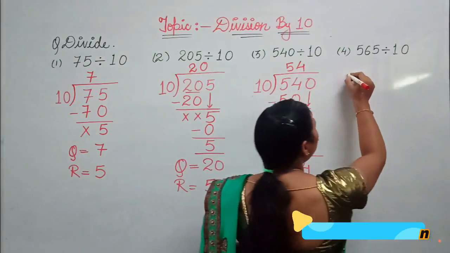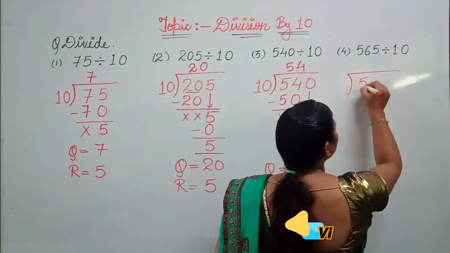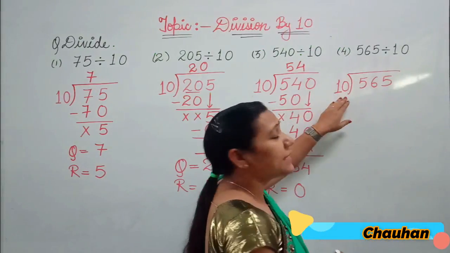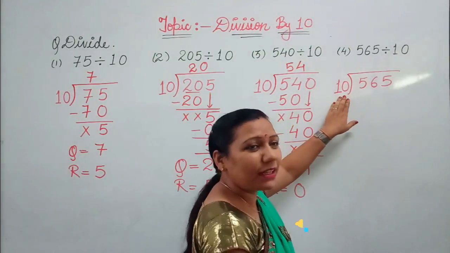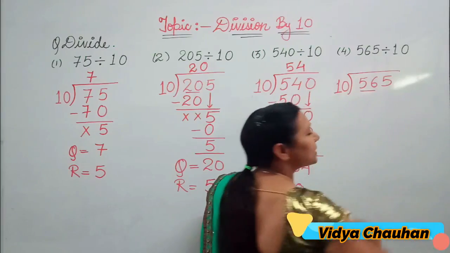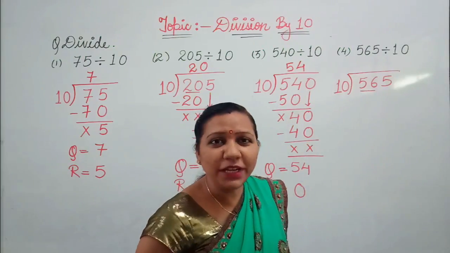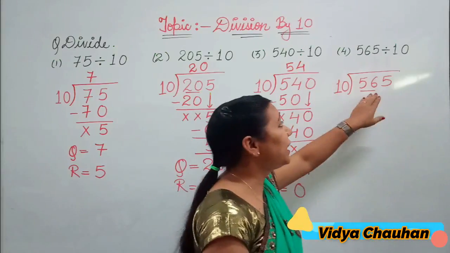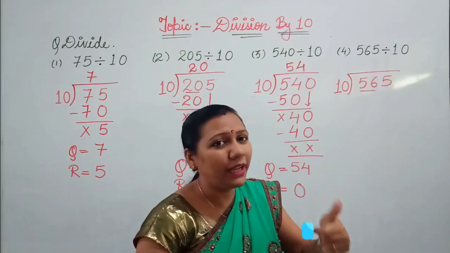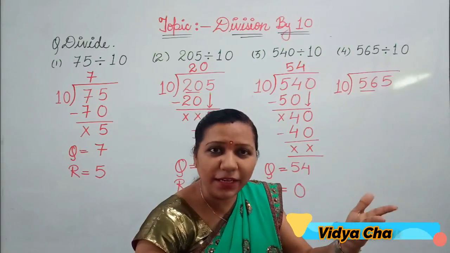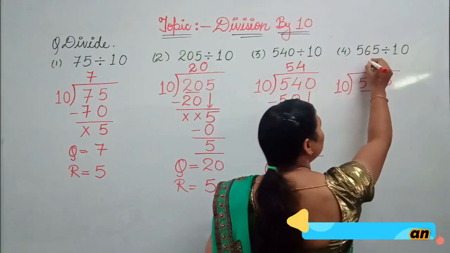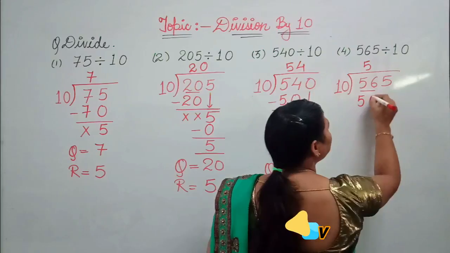So let us solve 565 divided by 10. So it is 565 divided by number 10. Now let us divide 565 by 10. And since again the divisor has 2 digits, we will take 2 digits of the dividend also. So let us read the table of 10 and check whether we get 56 or something less than that. So it is 10 1 time, 10, 10 2 times, 20, 10 3 times, 30, 10 4 times is 40 and 10 5 times will give 50.